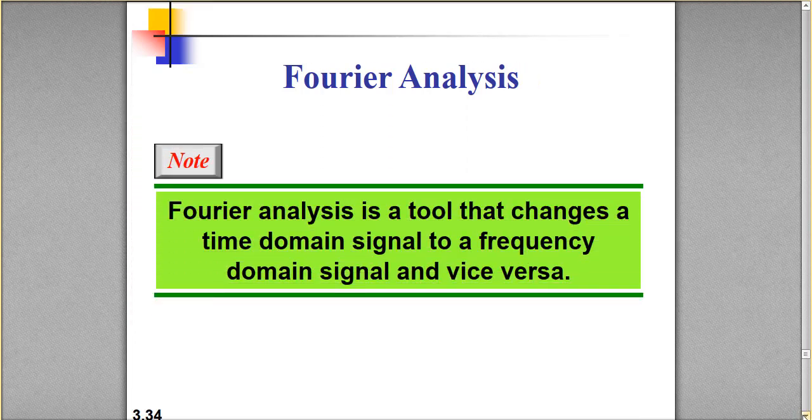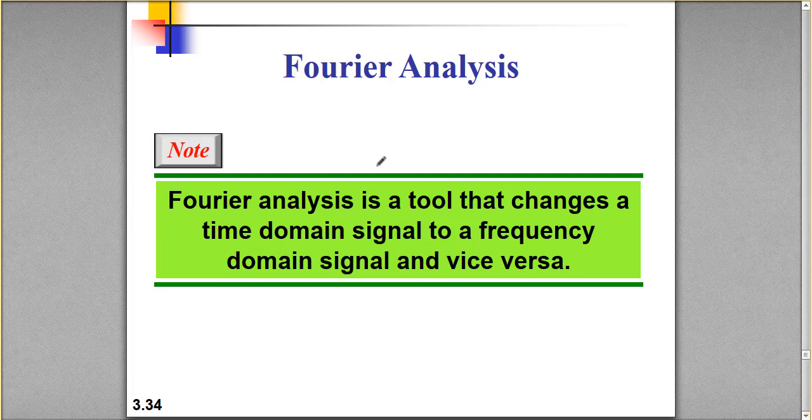Let us now briefly go through the concept of Fourier analysis itself. Though you would have studied it in detail in your mathematics course, and I hope you would remember the details from that class, in case you have forgotten it, the following 2 to 3 minute explanation, along with the 2 videos, the links of which I have posted on the class website, will get you started with Fourier analysis in a short period of time. So Fourier analysis is basically a tool that allows you to convert a time domain signal into a frequency domain signal and vice versa.